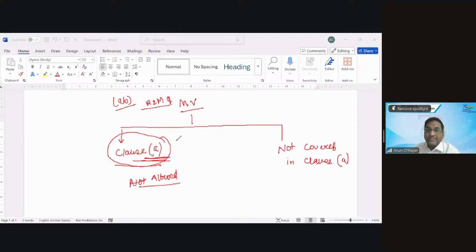So is the bus covered in clause A? No, the bus is not covered in clause A. Why? Because clause A talks about up to 13 seaters. They are talking about up to 13 seaters. But if my bus is more than 13 seaters, is the bus covered in clause A? The answer is no. Are you able to differentiate this point? Is that point clear? Sanjay, specifically to you, am I able to explain that your bus is not covered in clause A and therefore ITC is allowed.